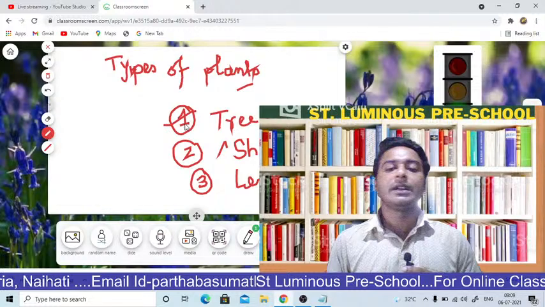The next portion, we know, on the basis of nature, actually we can classify the plant body into different types. Suppose